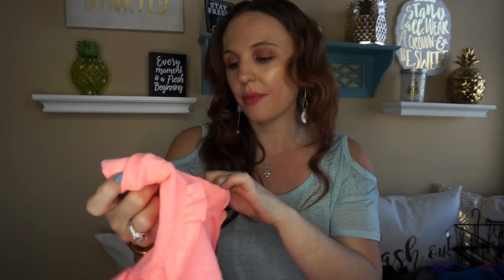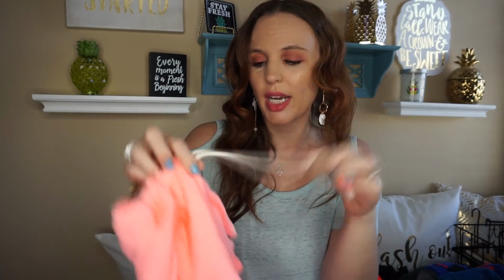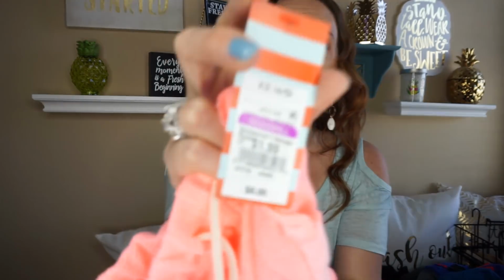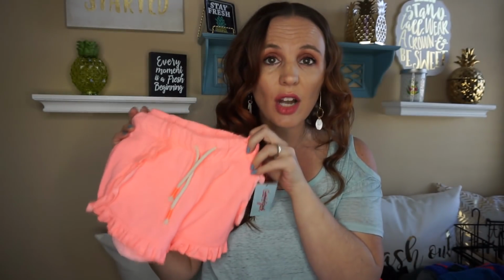Now these will fit her. They're size 4 or 5. They'll fit her this summer. They might be a little bit big, but they have the little drawstrings right here. So I went ahead and got them for her, and they were originally $8 at your Target, and I got it for $1.99. So a lot of times when Target doesn't sell their clearance items, well, they ship them over